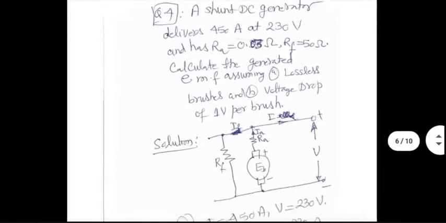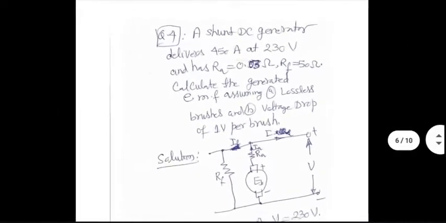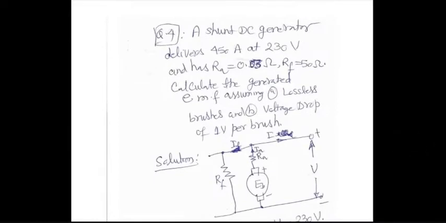So the first thing you do is draw the equivalent circuit correctly. It's a shunt wound machine. So this is the equivalent circuit. Armature is shown as a circle with EB written inside. Two brushes are shown at the top and at the bottom. Armature resistance is in series with the armature. And then the field winding is connected across the armature. And the output is also taken across the armature. Obviously, the armature current IA will be field current IF plus load current I.